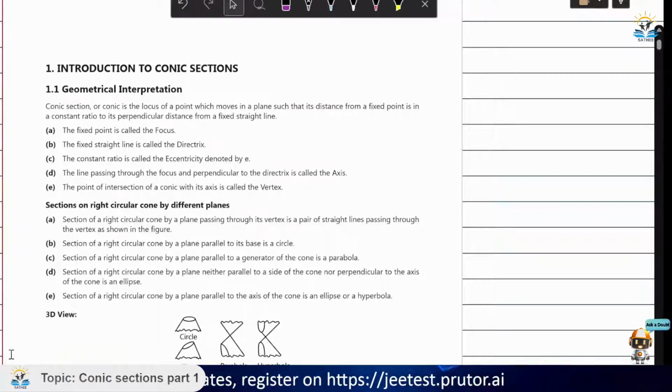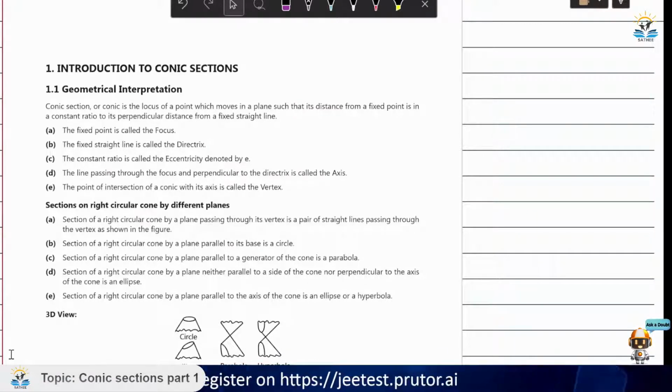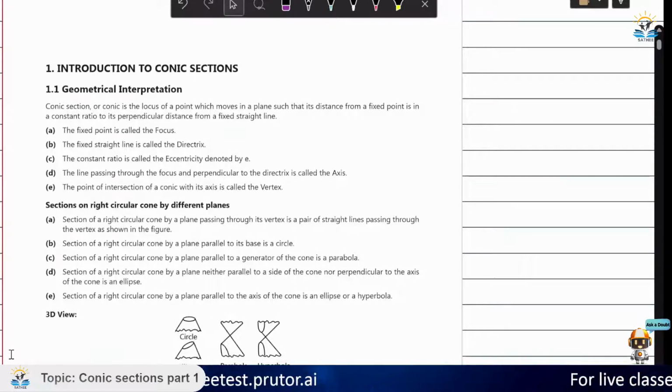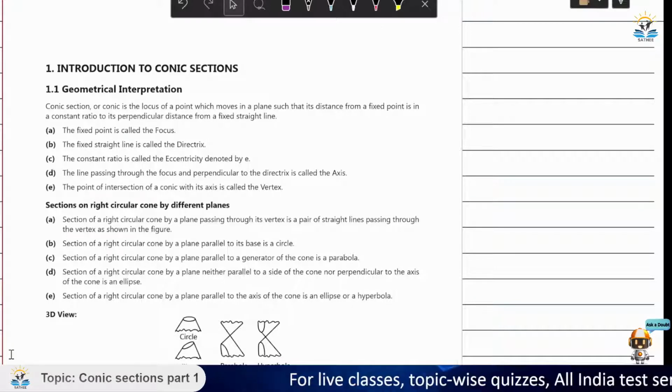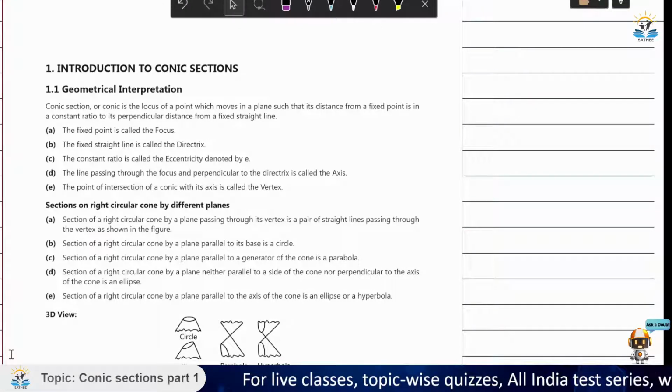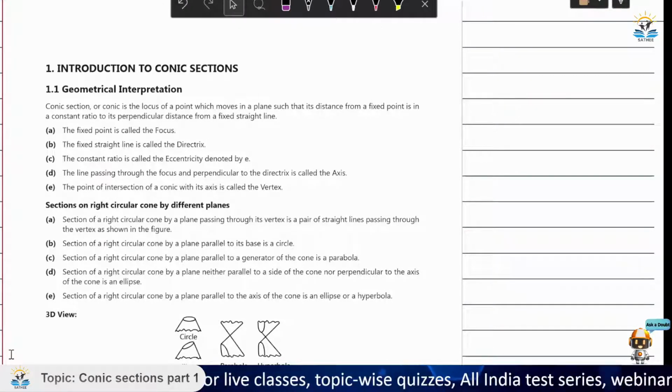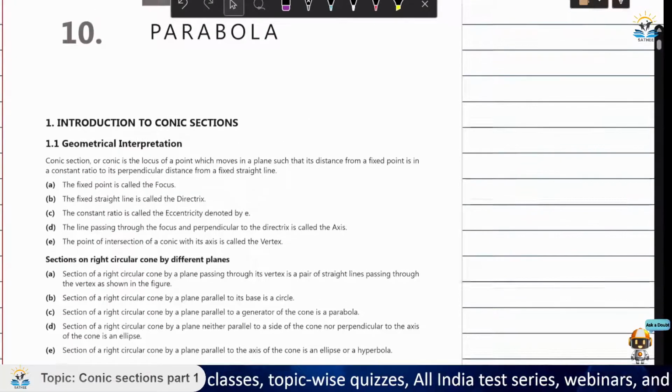Personally, I like to say conics had been my favorite topic from the JEE mathematics syllabus. So I hope you guys also enjoy conics as much, because conics is all about practice and how much you can remember. Some part of it comes through practice. If you remember some formulas of it, you can see the applications of these formulas in your questions very easily. So yes, getting back to the context, we'll just see what the conics are,